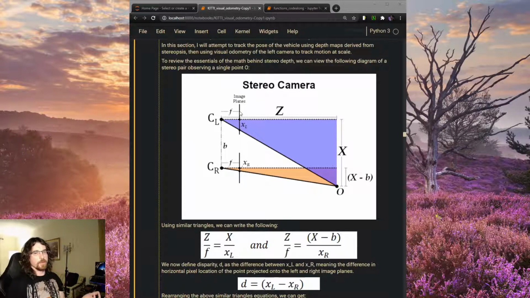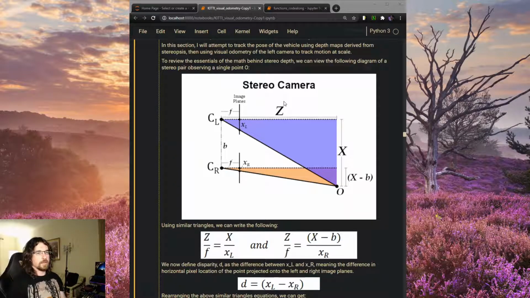In this case, we were given it by the data set. So what we can do is, knowing our baseline, we can use similar triangles rule to reconstruct Z, which is the depth. That's exactly what we divided everything by when we projected everything down onto a flat image plane. So that's what we need to multiply back onto our image features to reconstruct their actual 3D locations in metric